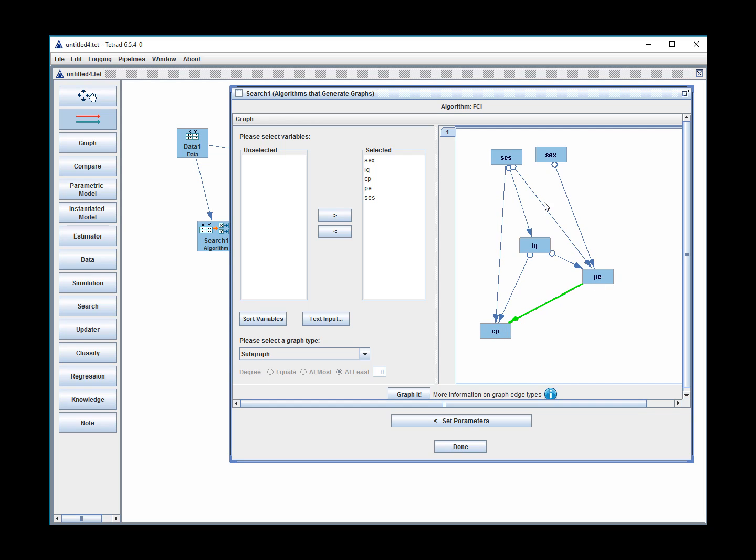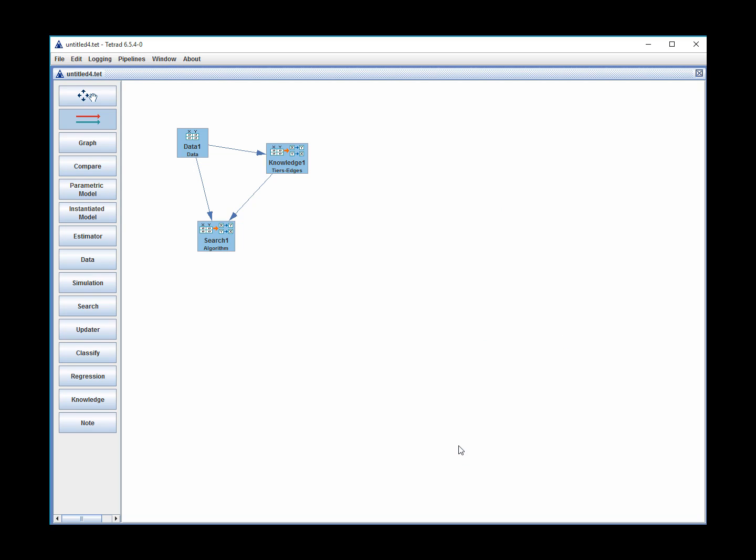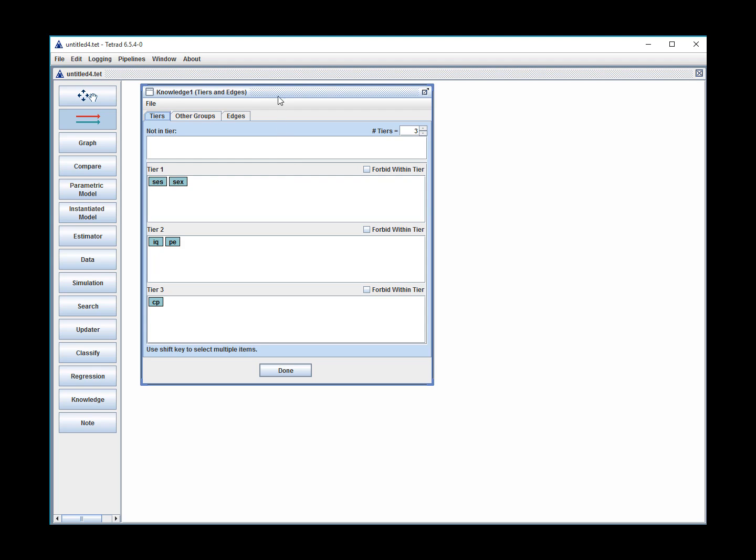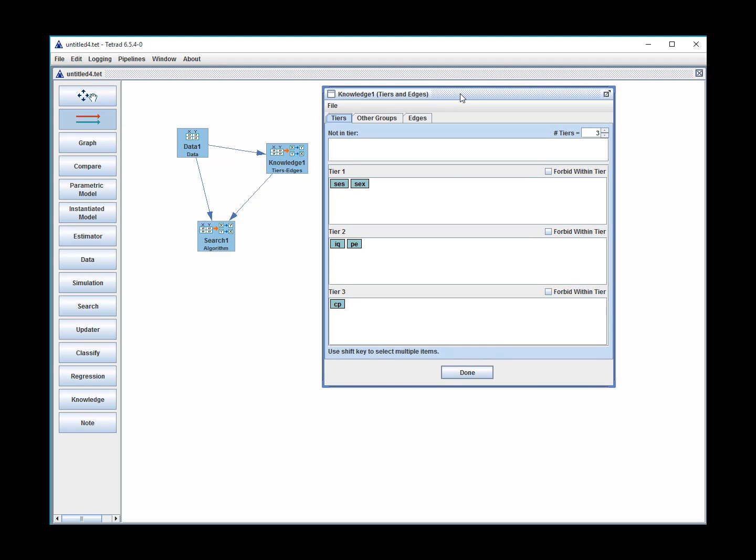Okay. Let me copy the layout here. Go back. Say done. Okay, so you saw the data loaded, right? That's the data. And that was measured. And then the knowledge is going to constrain the search algorithm in terms of the structures it entertains as even possible. And so this says